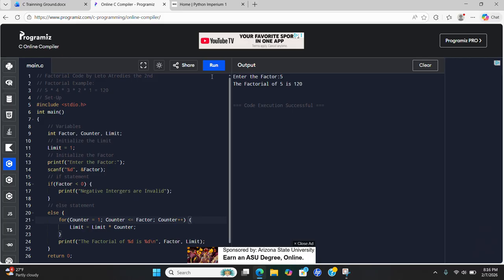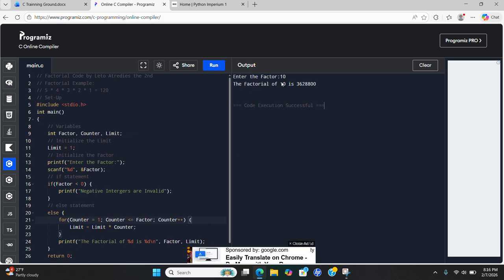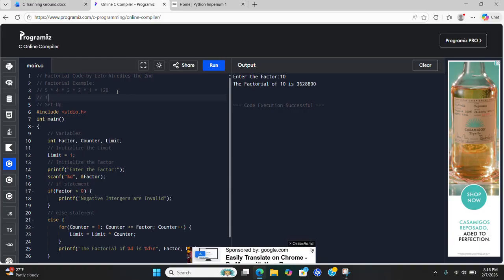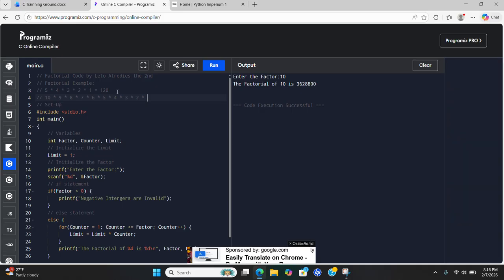Let's find the factorial of 10, the example I used earlier. The factorial of 10 is that number, and what it basically is saying is 10 times 9 times 8 times 7 times 6 times 5 times 4 times 3 times 2 times 1